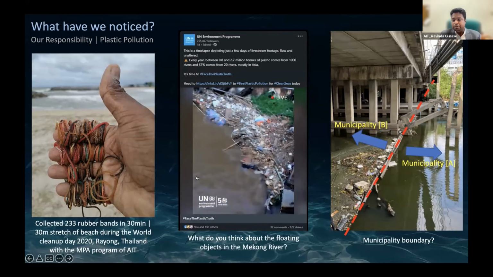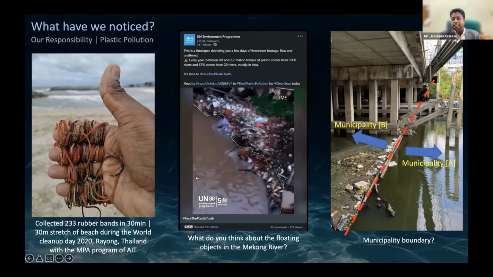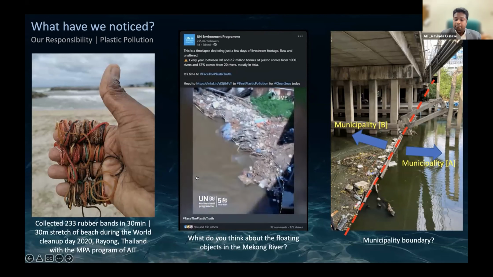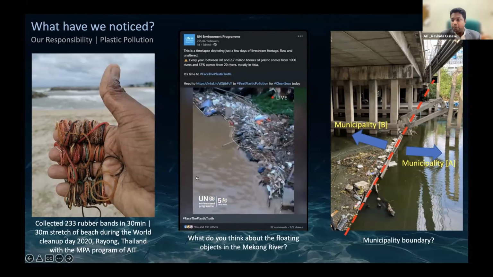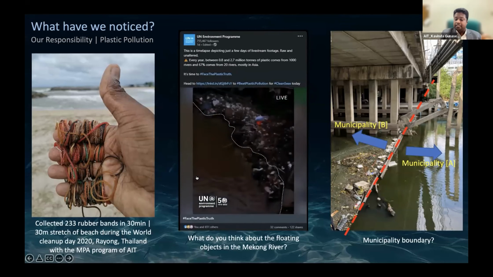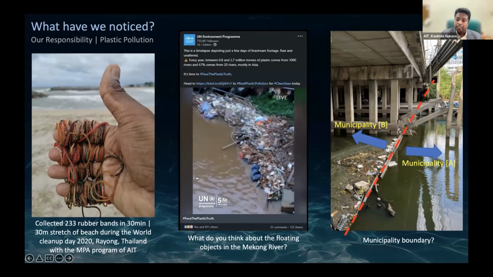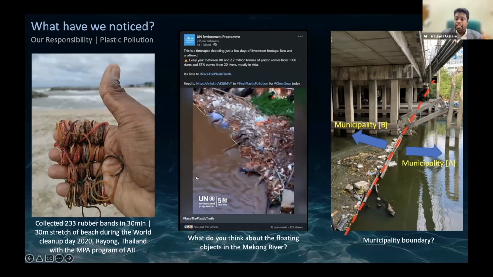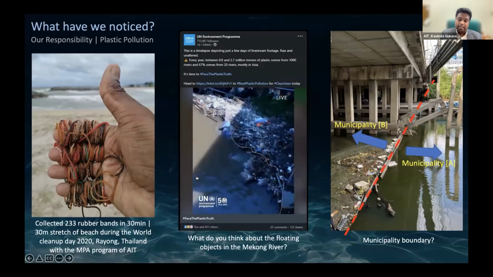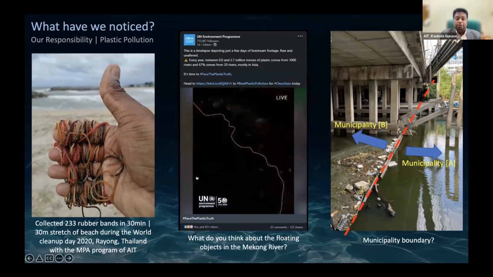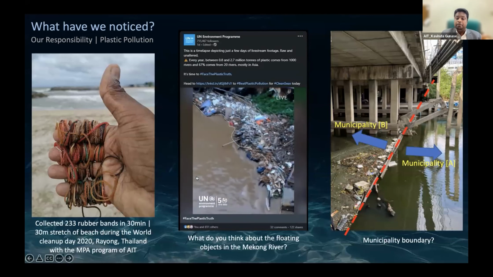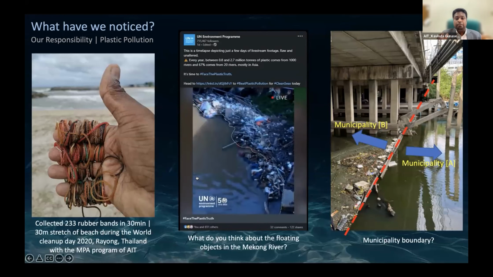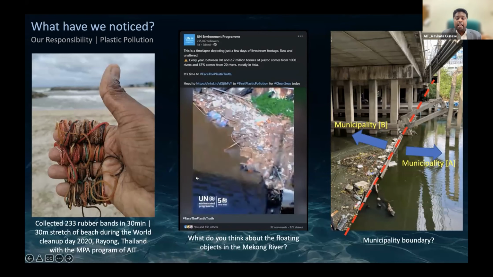The rightmost one is an interesting photograph. Our team comes from geoinformatics, GIS-related activities, and that is our experience. You can see that I demarcated 2 sides. One side belongs to municipality A, the other side belongs to another municipality. You can see side A is very clean, and side B is very polluted. We start to think maybe municipality A has proper cleaning activities, maybe B does not. But it is very difficult to say looking at one photo, very difficult to assess this situation.